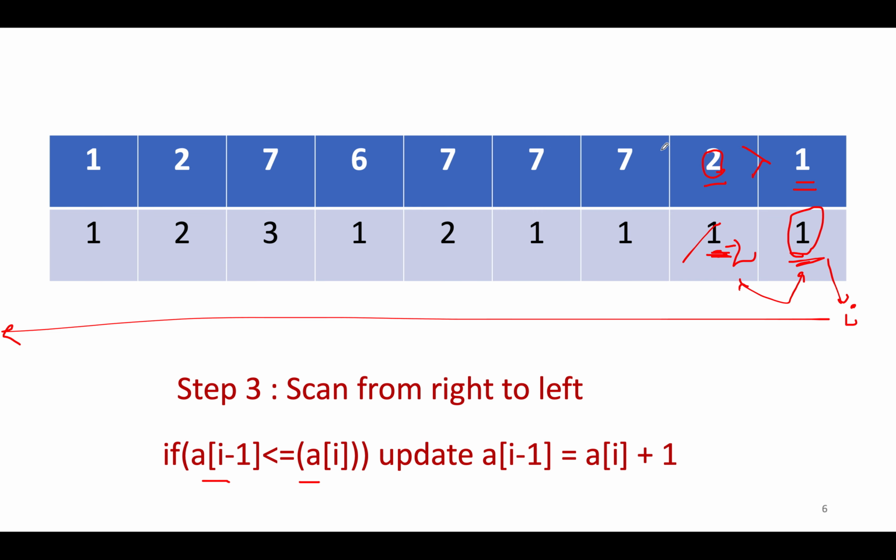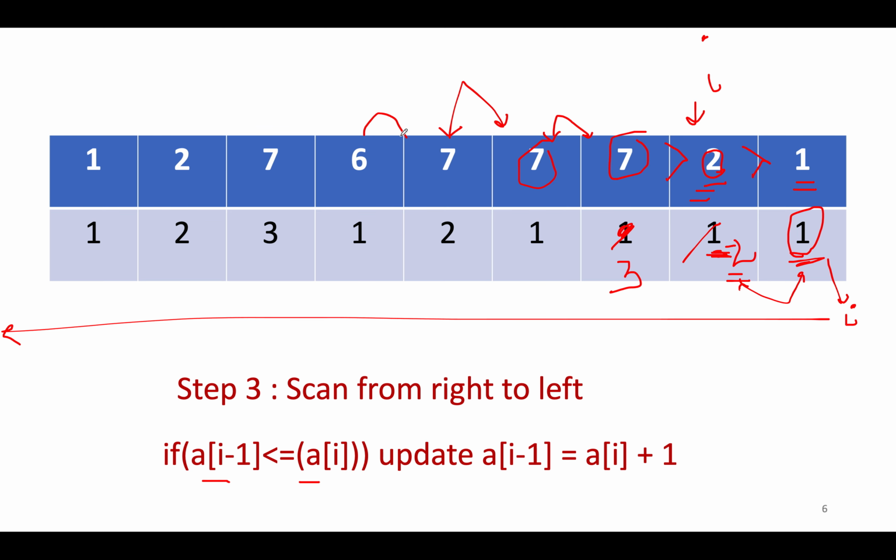Let's continue the process. You will observe this again, that the rating is higher here and the rating is lower here. I becomes this. What you are going to do, you will update this node's value to the current node plus 1. So this gets updated to 3. Let's continue the process. The rating is equal, the condition is not met, we can't do anything, we'll move ahead. The rating is equal, we can't do anything because there is no discrepancy case, the ratings are equal.